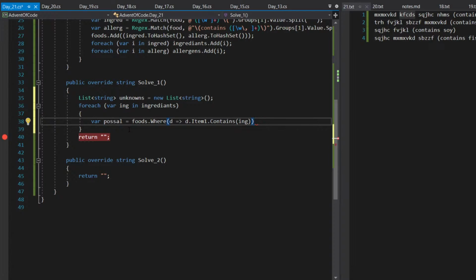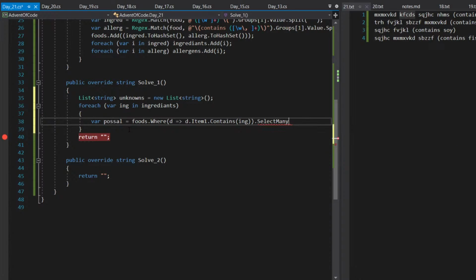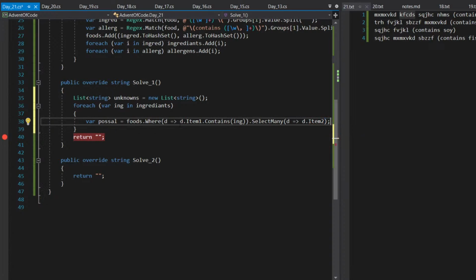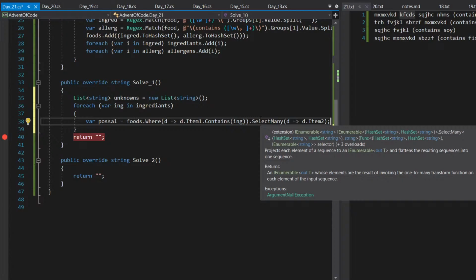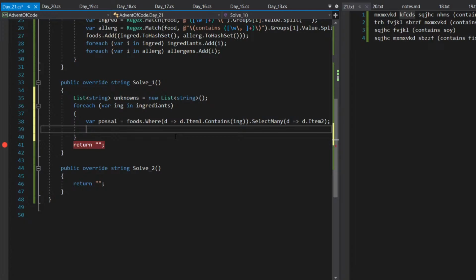We want... what would that give us? A list of strings. So these are the possible allergens, and then we need to find